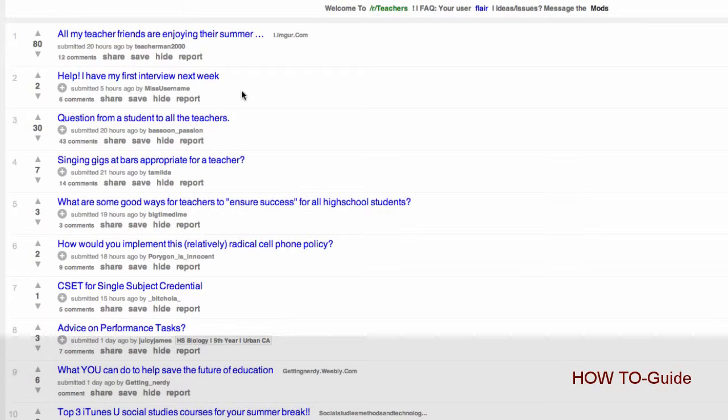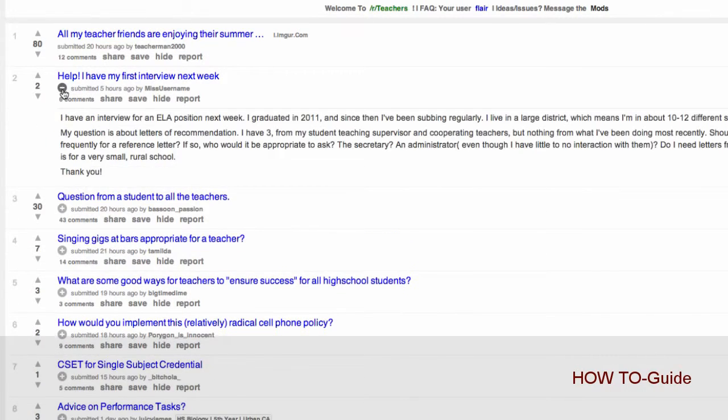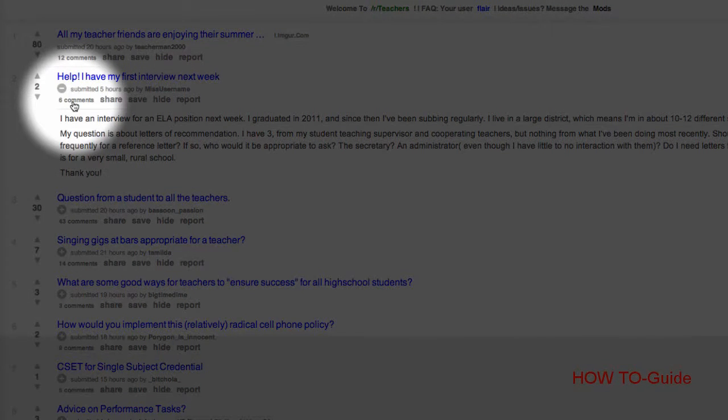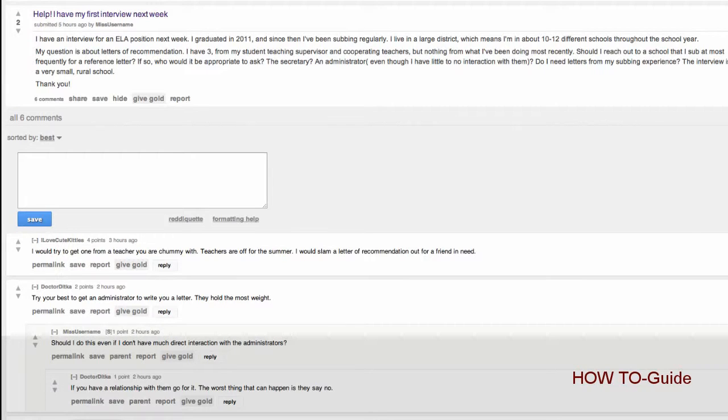Let's take a quick look at a discussion. Here you can see that clicking the discussion icon shows the original question or comment left by the Reddit user who added the entry. To leave a comment as part of the discussion, click the comment link, or the number of comments, which will show if others have already commented. This will take you to the discussion page for this entry. All discussions and links have a discussion page where users can leave comments.